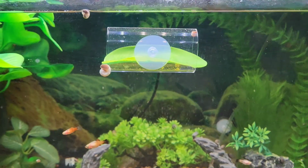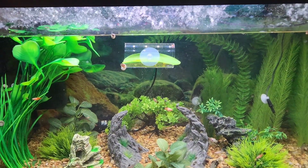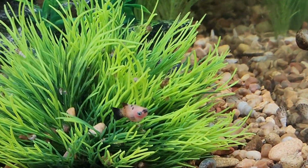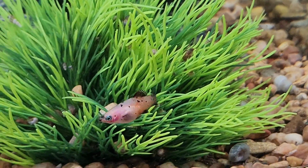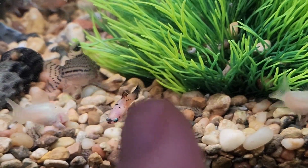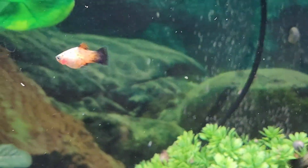Now, some people, when I read online, were saying that when you crossbreed different morphs, so to speak... Oh, wait, I think it might be this one down here. This one down here kind of looks like he's got stripes starting to form on the body here. Not coloration, but the stripes. Either way, it's really cool, though, to see that some of them are all the way black and white, and